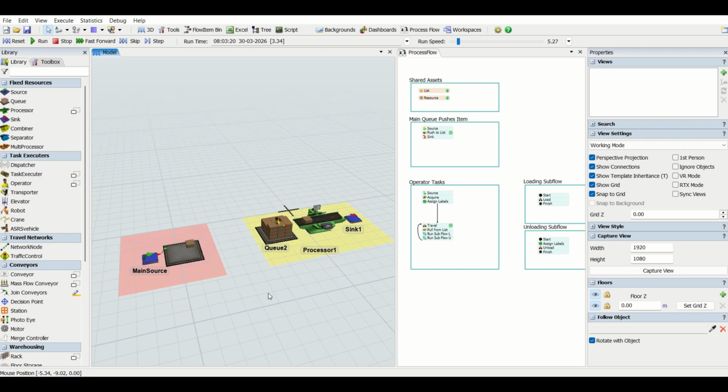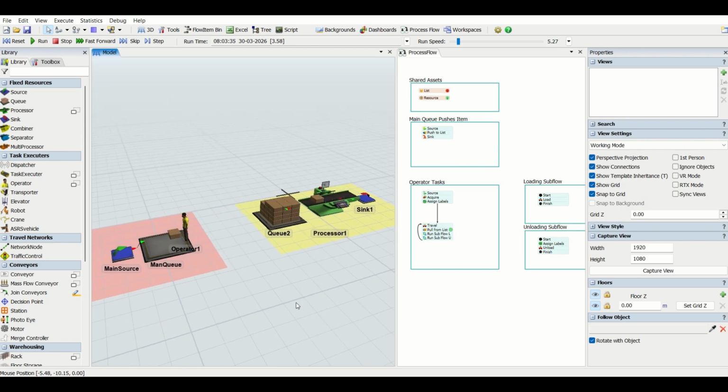So this is about today's tutorial where we learn about creating subflows using process flow, asking an operator to transfer parts from one area to another, with multiple parts loaded together and multiple parts unloaded together, and using arrays also